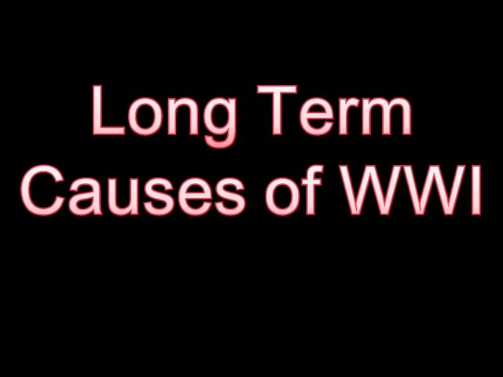So as we know from studying other wars, there's really two types of causes, and we call that multiple causation. There's the long-term causes that happen over time that we also refer to as underlying causes. So let's take a look at those underlying causes that tell us why everyone's nerves were so tense.